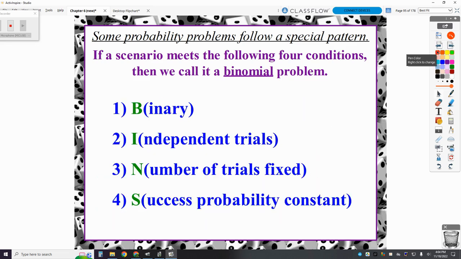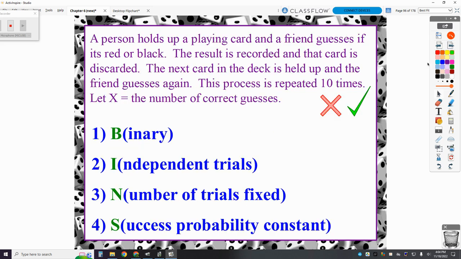All right, so we can simplify our 4 conditions, and I've seen this acronym used, BINS, B-I-N-S, to represent our 4 conditions for a binomial situation. So B, binary, I, independent trials, N, number of trials are fixed, and S, the success probability is constant. So we're going to go through some examples and see, do these follow the 4 conditions to be considered a